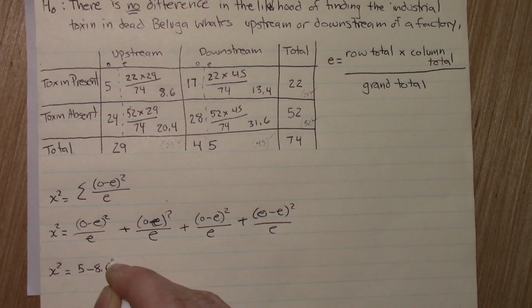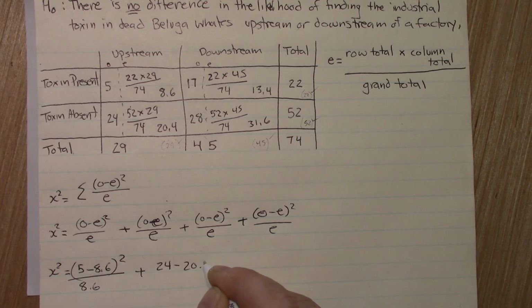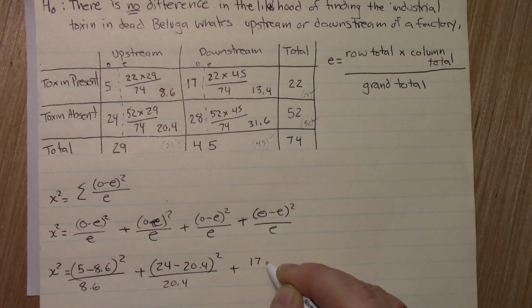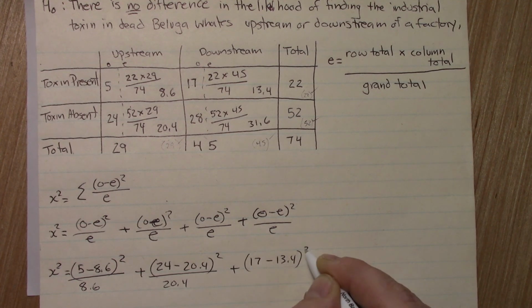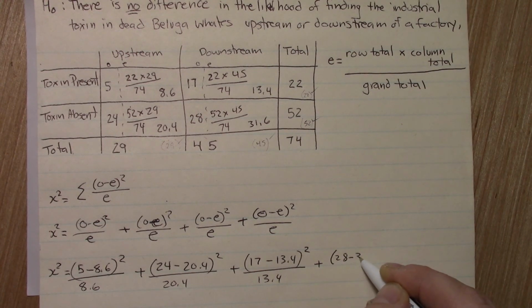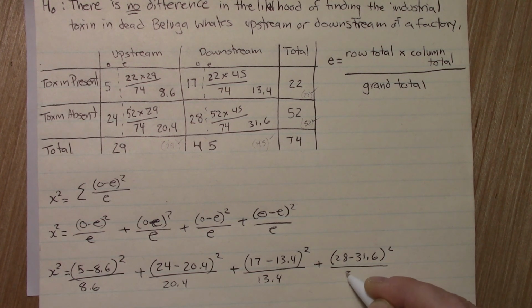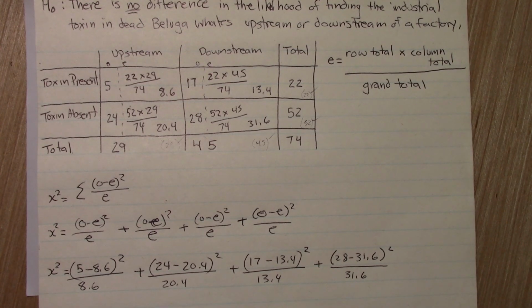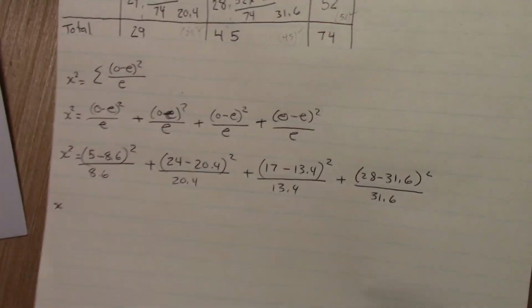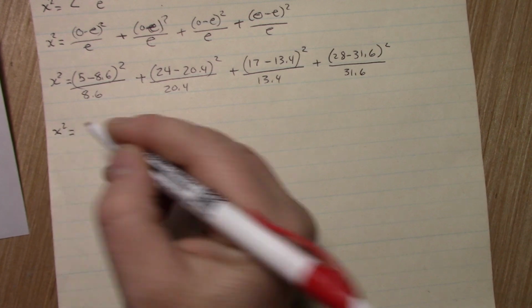Five minus 8.6 squared over 8.6. 24 minus 20.4 squared over 20.4. 17 minus 13.4 squared over 13.4. And 28 minus 31.6 squared over 31.6. Chi squared equals